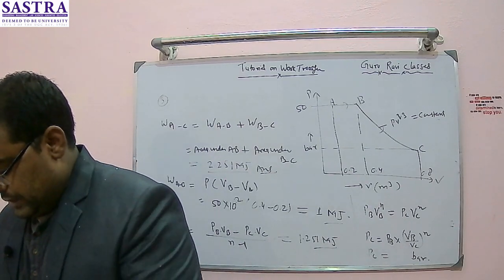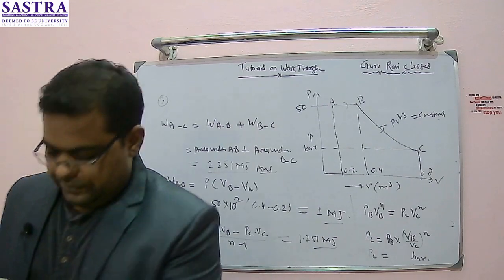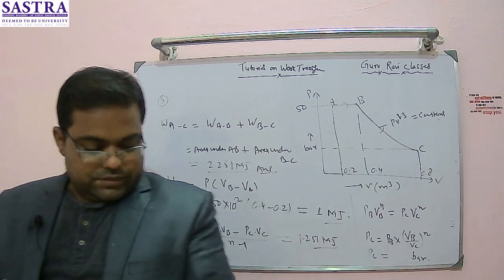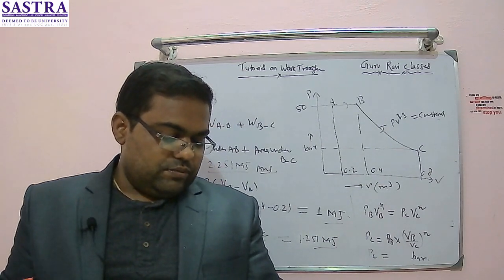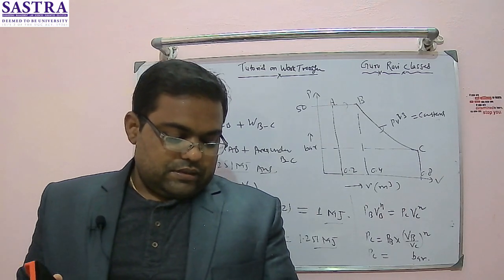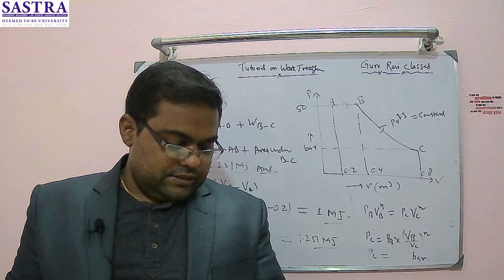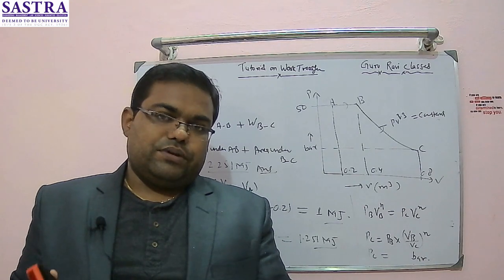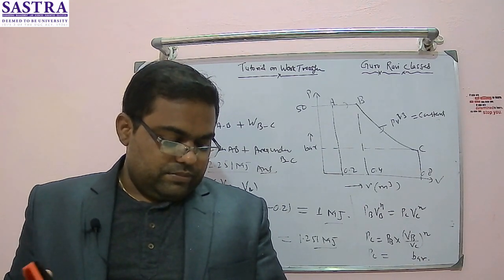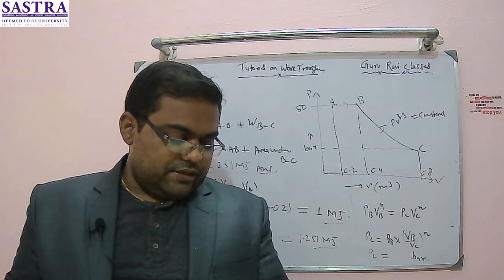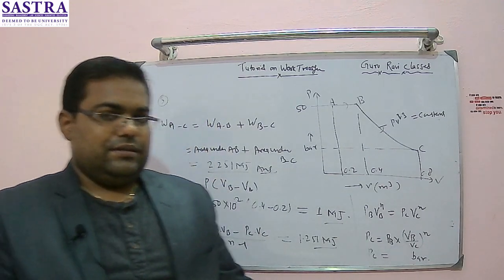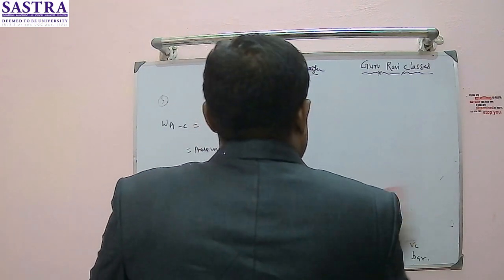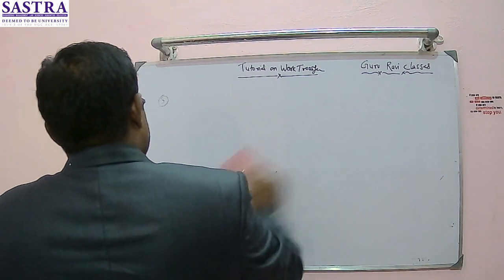Now I will take the next problem, that is problem number 3.15. Problem number 3.15 says: if a gas of volume 6000 centimeter cube and at a pressure of 100 kilopascal is compressed quasi-statically according to PV squared is equal to constant until the volume becomes 2000 centimeter cube, determine the final pressure and the work done. I think you can solve this now. You may be familiar with this, but I will solve this for you, and you also try.